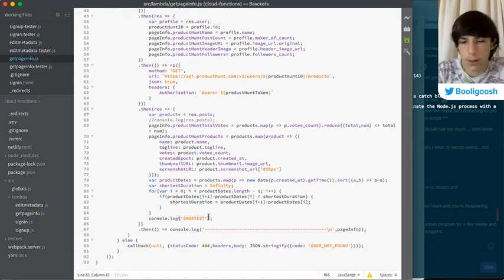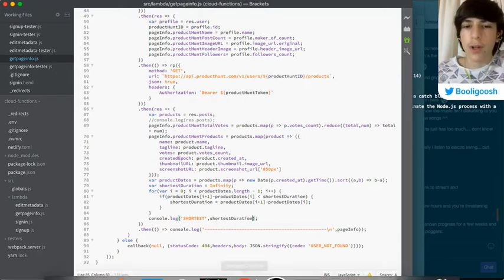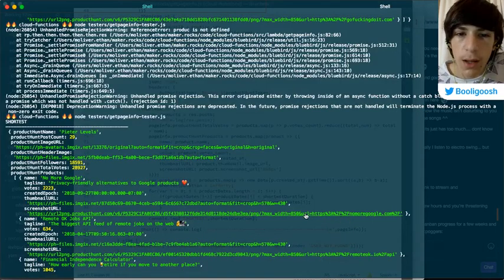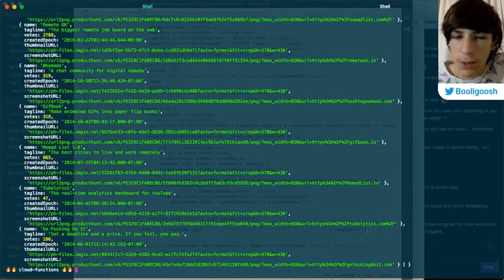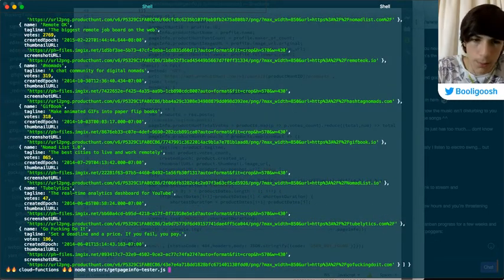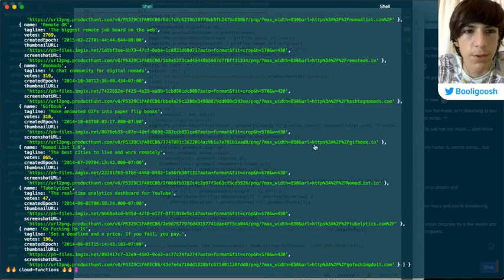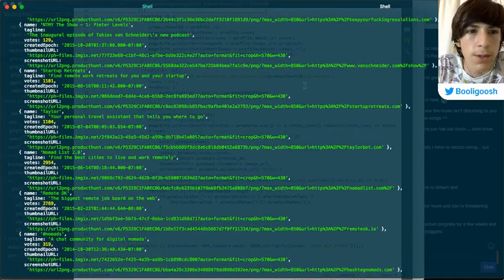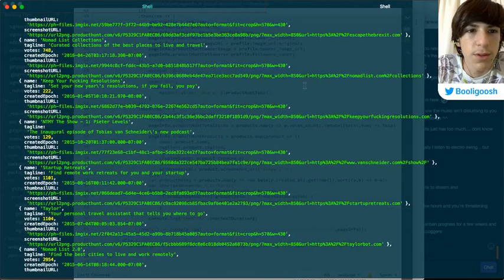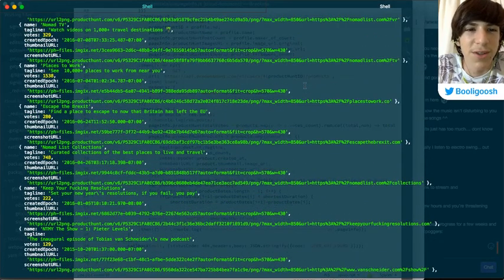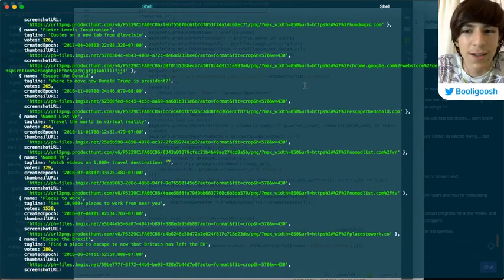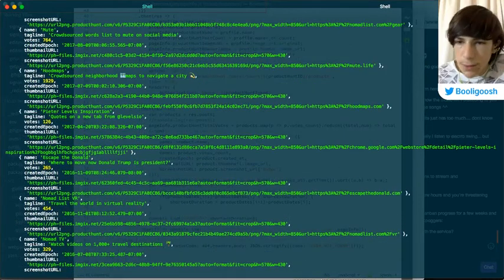So this should say shortest duration. I'm going to get shortest time between launches, longest time between launches, and also average time between launches. If I scroll up a bunch, he's launched so many things. It's kind of crazy.